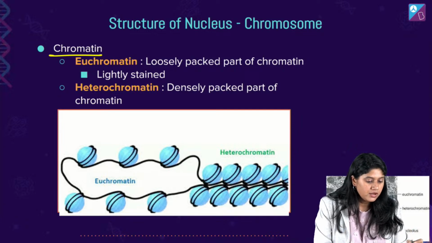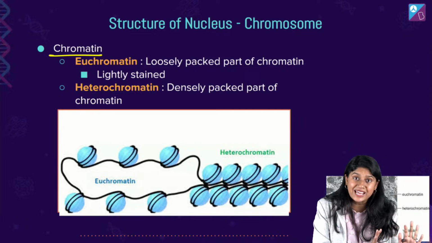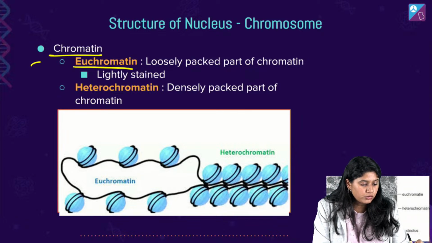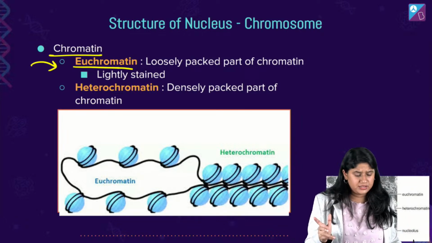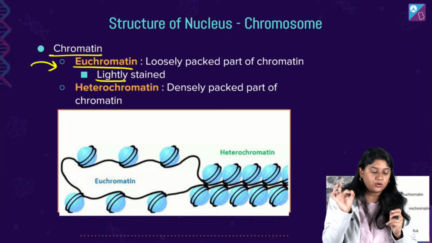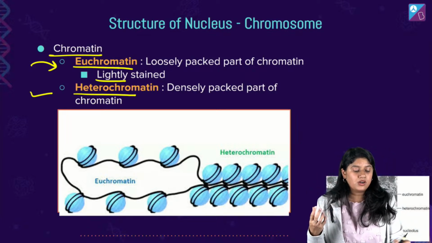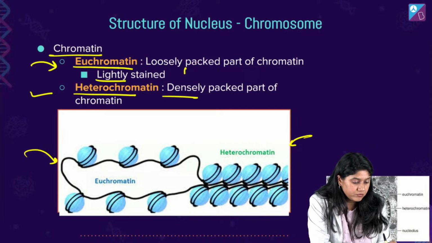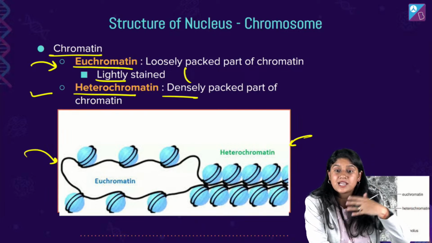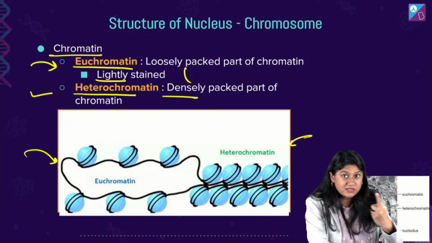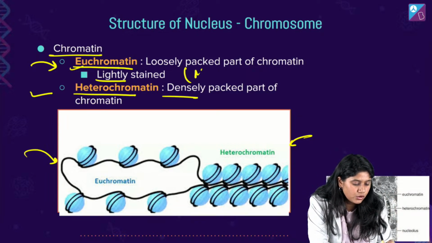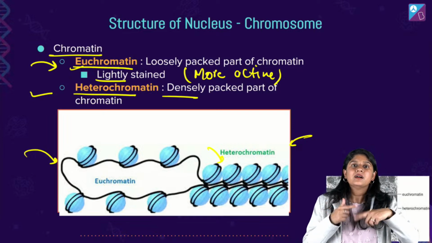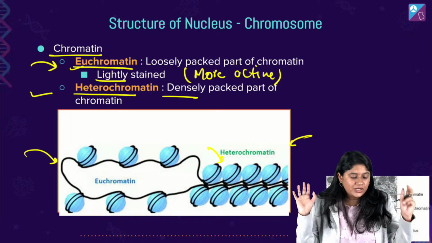In this we also have two different types. Chromatin fibers जो हैं, somewhere they are very loose and somewhere they are very dense. So the loose part of the chromatin is called the euchromatin. Lightly stained है, अगर stain करेंगे तो lightly stain होगा, और heterochromatin है जो darkly stain होगा और densely packed है. So euchromatin and heterochromatin. अब अगर हम बात करें which of these is active, कौन सा जल्दी जल्दी ट्रांसक्रिप्शन में हेल्प कर सकता है? Euchromatin, it is more active. अब जो एकदम coiled part है, this densely coiled part of course will not be able to unwind easily, तो ये थोड़ा शांत रहता है.